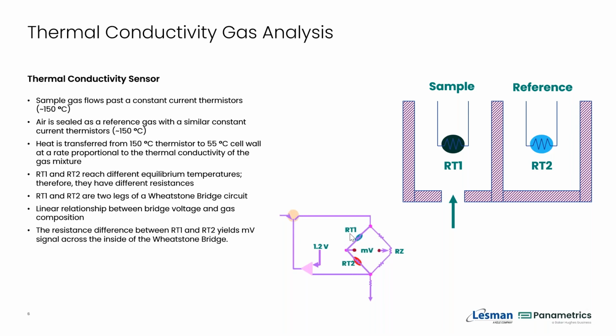What you see at the bottom is a schematic of a very simplified Wheatstone bridge that shows you that the thermistors are in a Wheatstone bridge, and the amount of microvolts that is required to keep both thermistors at the same temperature is a measure of how different those two relative thermal conductivities are. And that relationship is in fact linear. So this makes a very simple circuit to calibrate, putting your zero gas by, putting your span gas by, and then